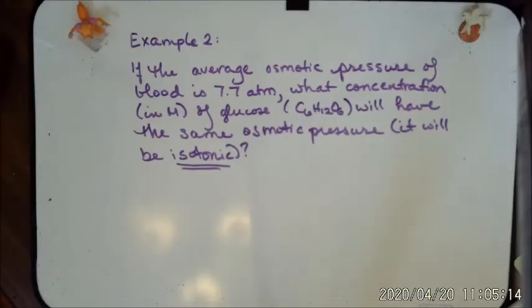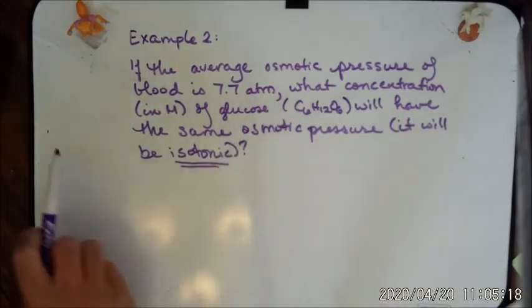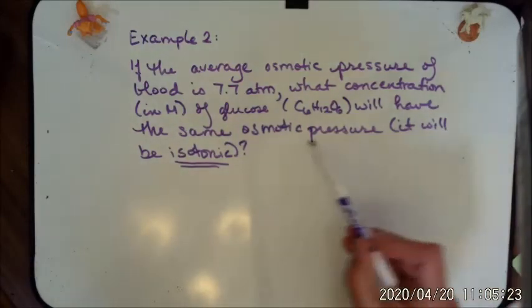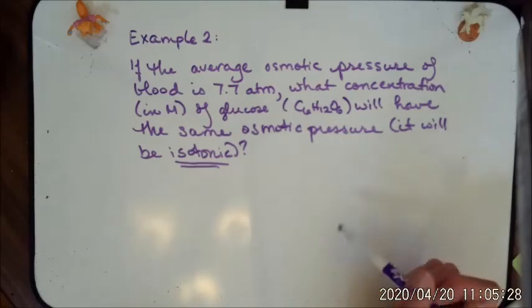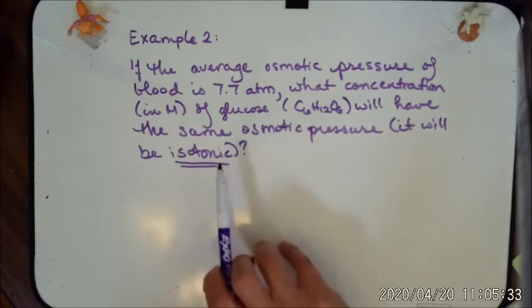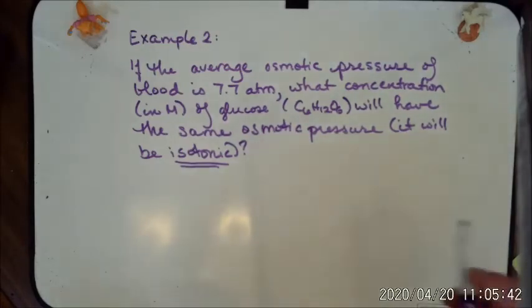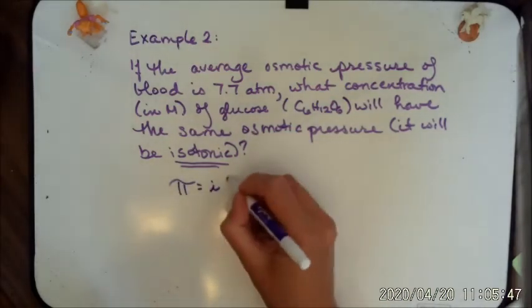Okay. Let's do another example and start introducing you to some new terms. If the average osmotic pressure of blood is 7.7 atmospheres, then a concentration and molarity of glucose, C6H12O6, that will have the same osmotic pressure will be what we call isotonic. So an isotonic solution is a solution that has the same osmotic pressure as the reference solution that you're comparing it to. So we know the formula for osmotic pressure